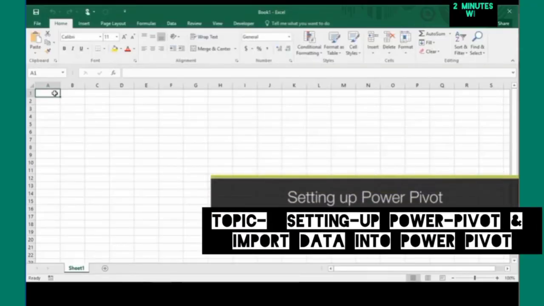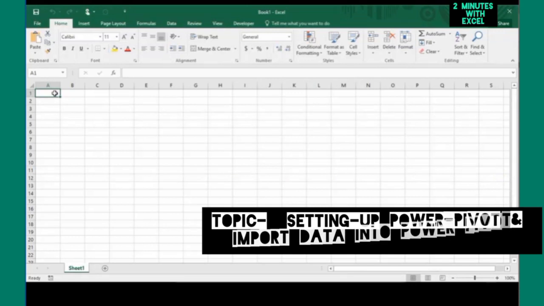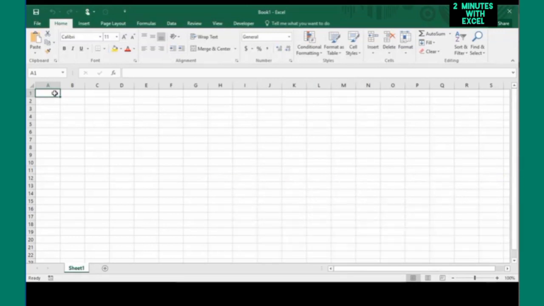is an Excel add-in that gives you the ability to analyze large amounts of data quickly. Using Power Pivot, you can bring together data from multiple data sources, perform complex calculations on that data, and then use tools like pivot charts and pivot tables to build powerful business intelligence reports. In this demonstration, we're going to look at how to get started with Power Pivot by enabling it in Excel